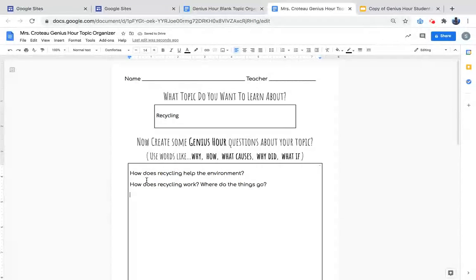And then as I start to think more about recycling and why this topic was important to me, part of it is that I've heard a lot of the things that we put in our recycling bins to recycle don't actually get recycled and just end up in the trash. So I'm curious to learn more about that. So I'm wondering, what types of products do we think can be recycled but actually cannot?